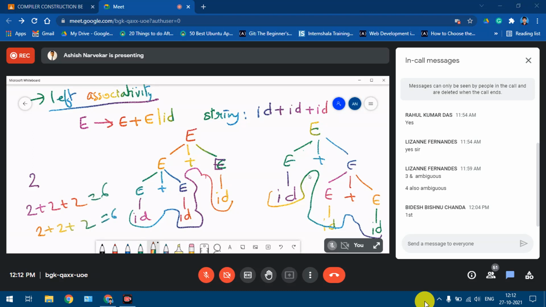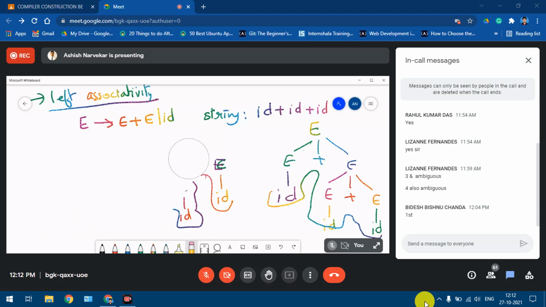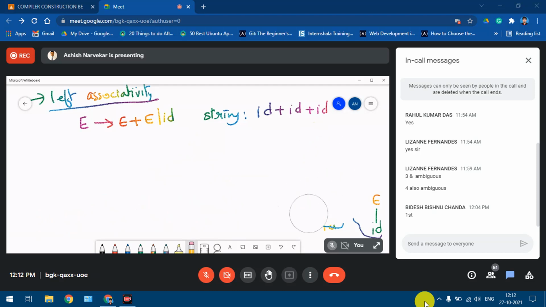So here it won't matter because the same operator is used, that is a plus operator, and plus against plus, so it will obviously be the same operator, and the associativity is also the same, left associative. But suppose there was something else like minus in this particular production, then it probably would have posed a problem. Now here we can see that, since two different parse trees are generated, obviously the grammar is ambiguous. By ambiguous, what we mean is the parser will be in confusion about which parse tree to use.